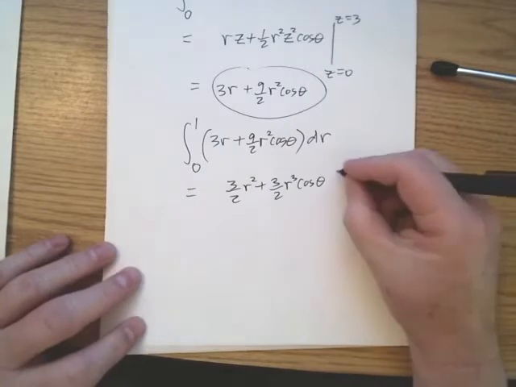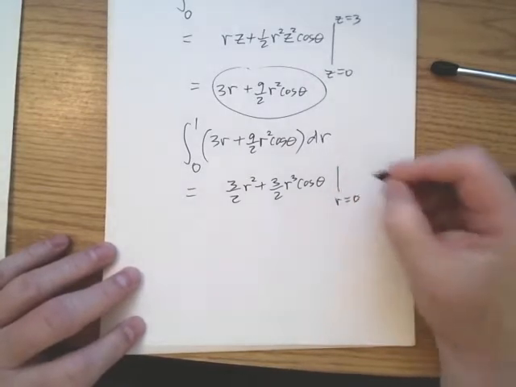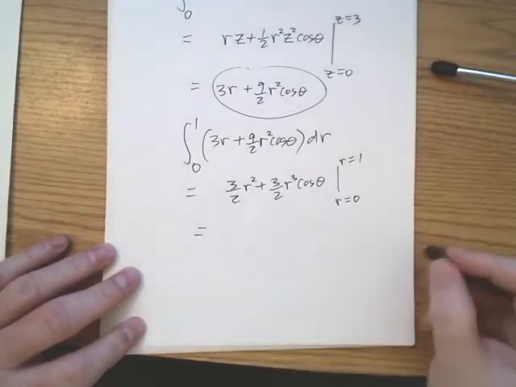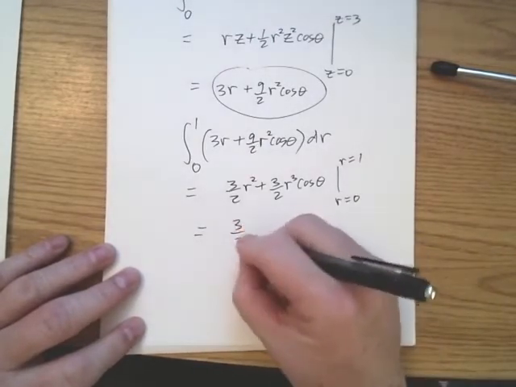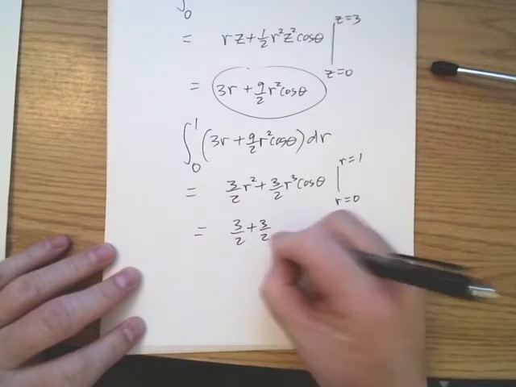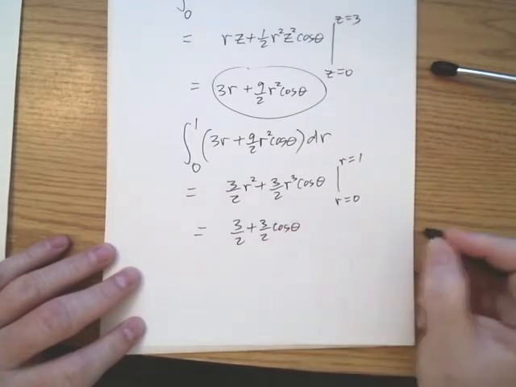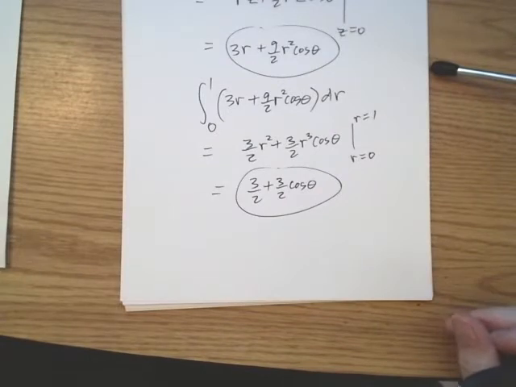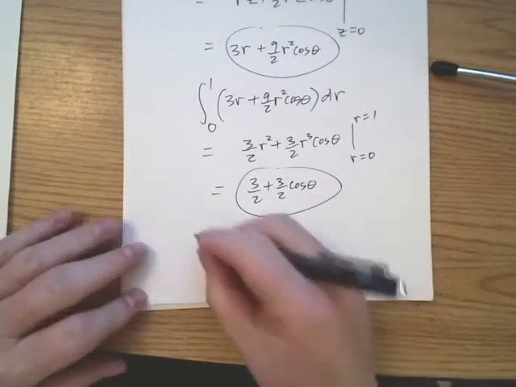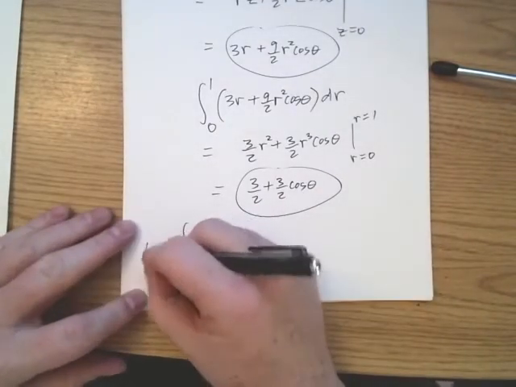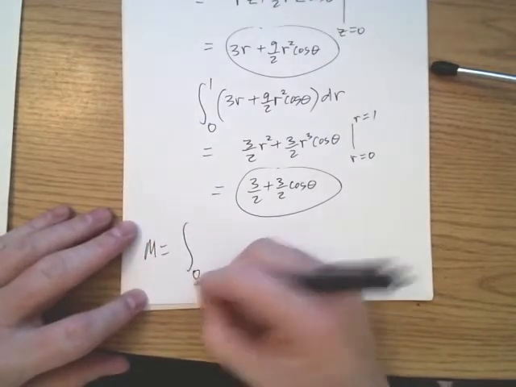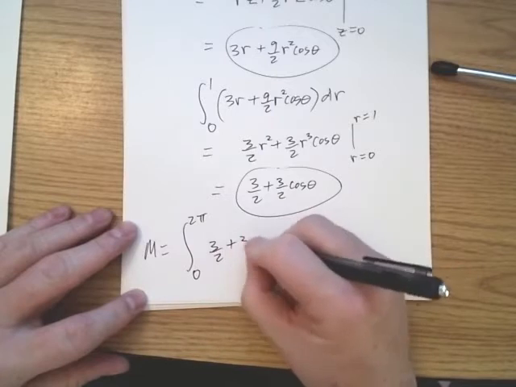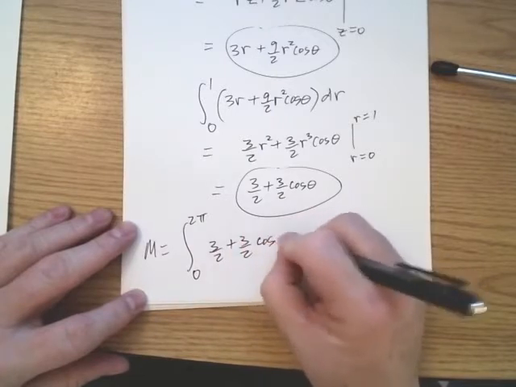r is going from 0 to 1. At 1 we would get 3 halves plus 3 halves cosine theta. And at 0, we would get 0. So we've got that for a difference here. Finally, we've got to integrate this for our mass here, from 0 to 2 pi, 3 halves plus 3 halves cosine theta,